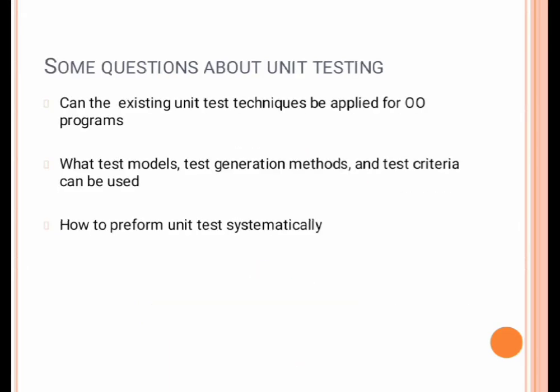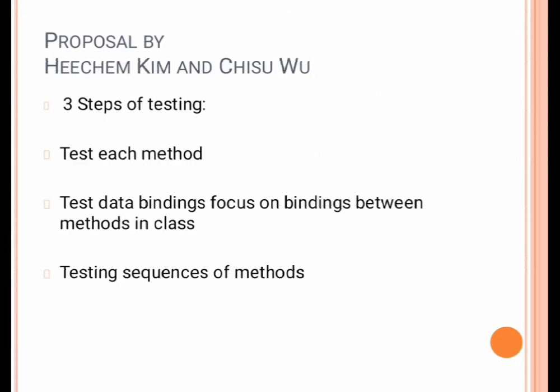Some questions about unit testing: can the existing unit test techniques be applied to object-oriented programs? What test model, test generation method or test criteria can be used for this? Or how do we perform unit tests systematically? The answer is provided by the scientists Hichim Kim and Jisoo Woo using three steps: test each method separately, test the data binding, focusing on the binding between the methods in the class, or